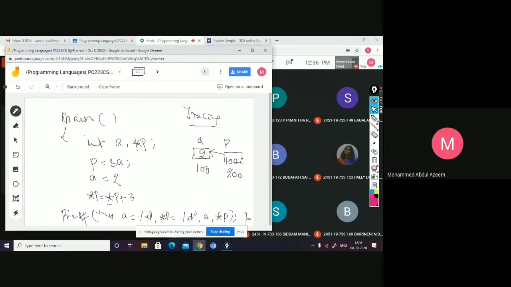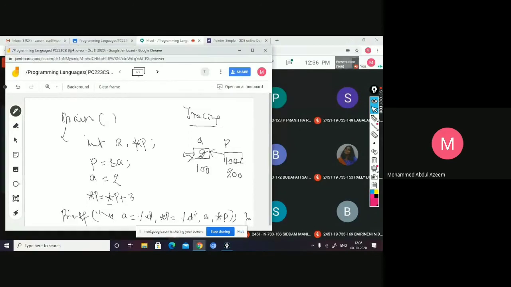The same asterisk, when used on the left hand side, acts as a reference to; when used on the right hand side, it acts as the value at. Reference to, in the sense that it is going to refer to the memory. Which memory is it referring to? p is referring to this memory, right? So the value obtained out of this evaluation is 5, and that 5 will be placed in the memory referenced by p, which is nothing but this. Then this value is replaced with 5. So your a value will be 5 now.